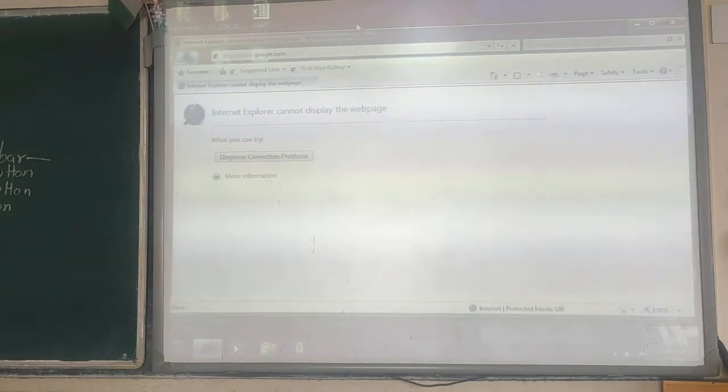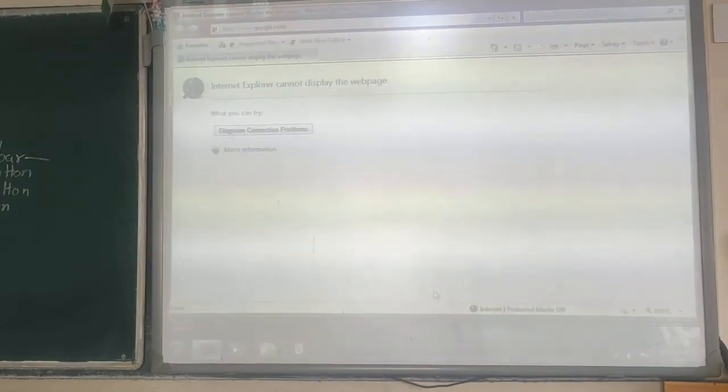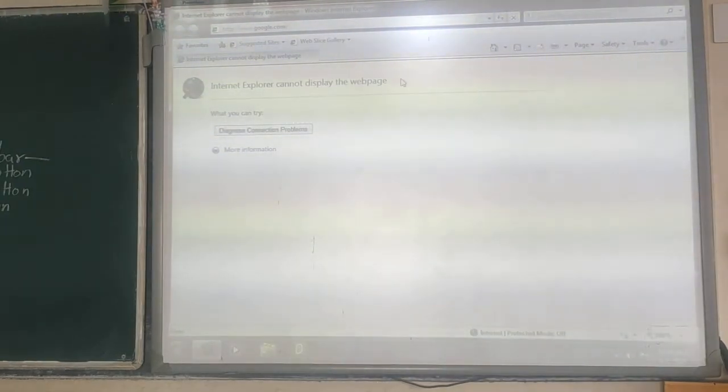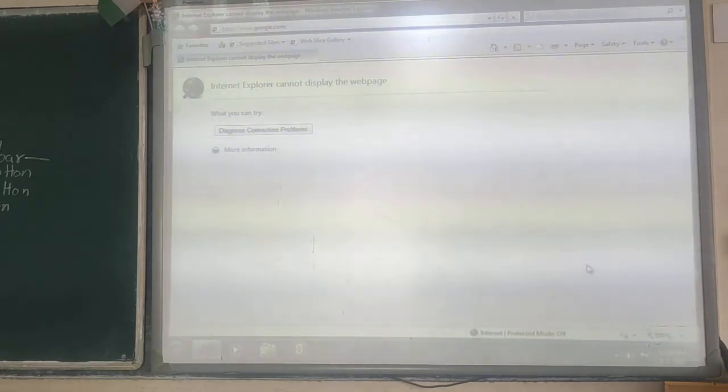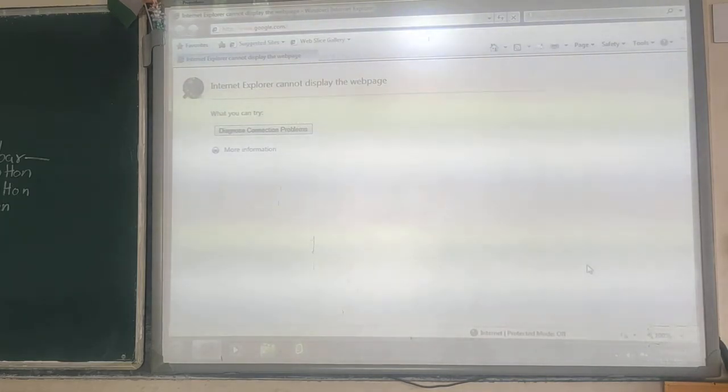As there is no internet connection on my system now, it cannot be shown more clearly. If your system is connected to the internet, you can open websites and different web pages, or collect different information from there itself. So this is one way to open the web browser program on your system.